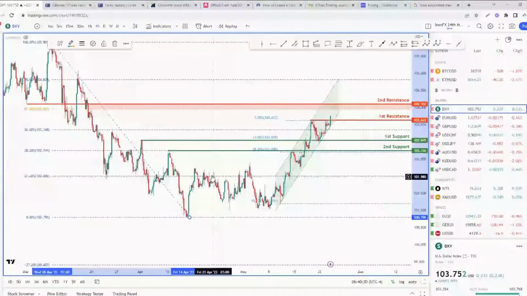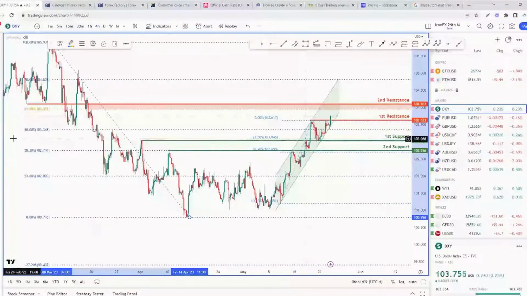You can see that the level of 23.6% served as a relatively decent resistance area for a period of time, from mid-April all the way till mid-May, almost 3 to 4 weeks, before price finally broke through this level. The next level of resistance would have been at 38.2%. Yet again, it found some resistance at this level and pulled back before finally emerging to break through and